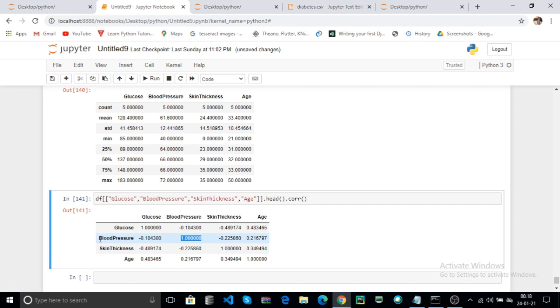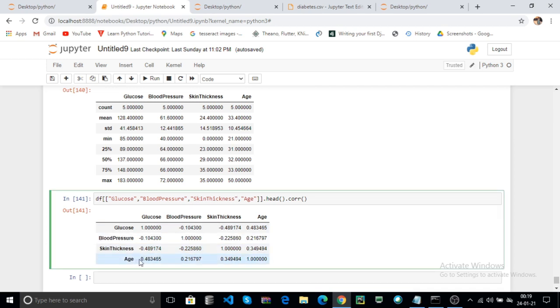Here the BP and skin thickness returns the negative value, then the skin thickness is removed for the training, and the BP and age is the positive value. Here you can specify BP also for the column for training. Here skin thickness is used for training.